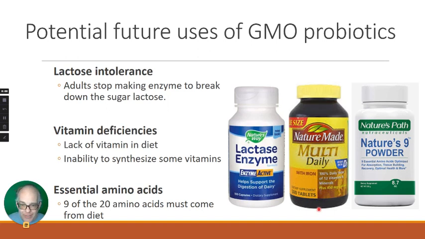If we take a look at amino acids, our bodies need 20 amino acids, and we're not going to get into the science behind it. But of those 20 amino acids we need to build the proteins within our body, 9 of those have to come from our diet because we're not able to synthesize them on our own. We can't build them from scratch within our bodies. So maybe instead of taking protein powder, we could be taking a probiotic, which has a bacterial cell producing the essential amino acids that we need. And again, these are supplements, and so they don't have to be proven effective.